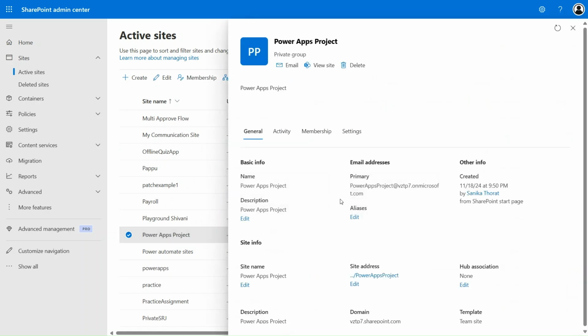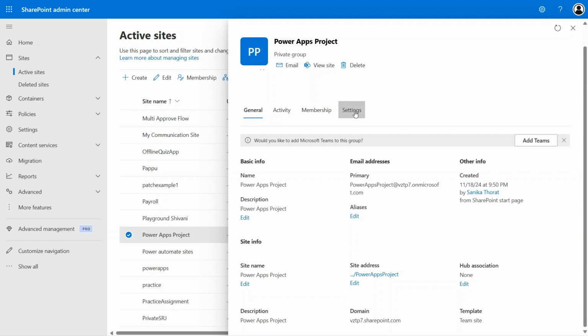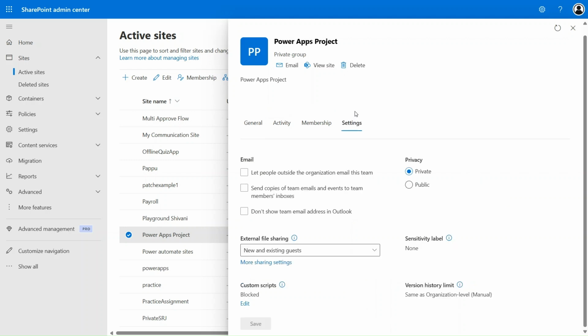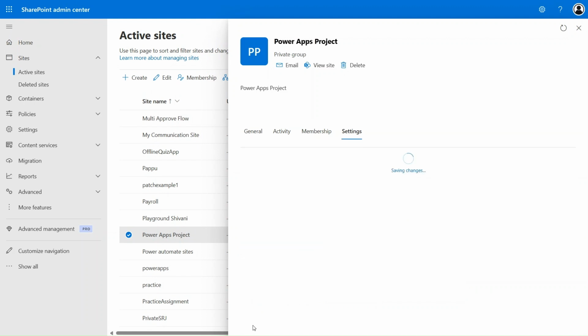by just simply clicking on this. Let me go to the settings option, and in settings we have this option, external file sharing. By default it is set to new and existing guests. We have to select that to anyone, meaning anyone from outside of our organization can now share the files. Let's click on the save option here,